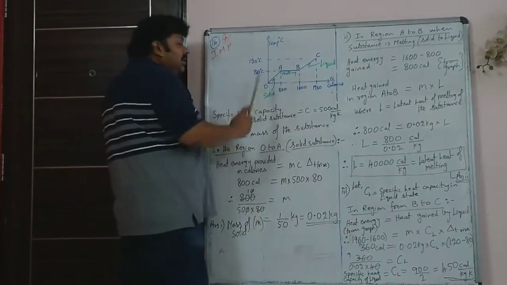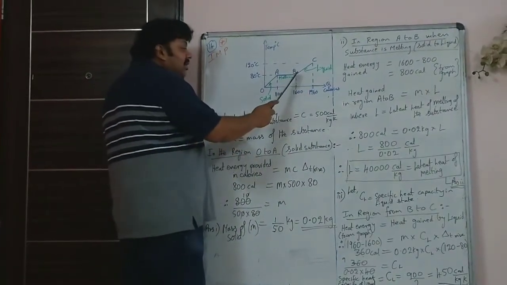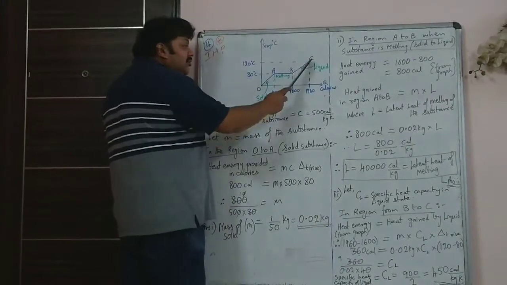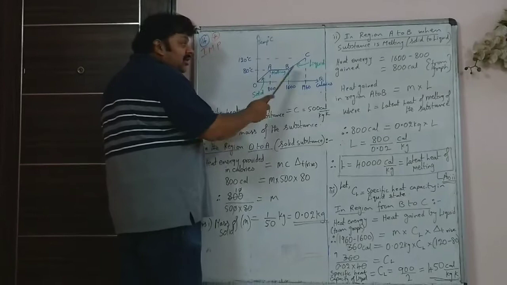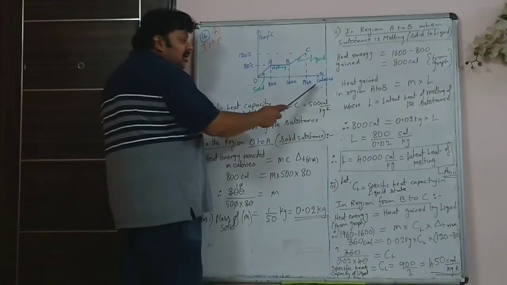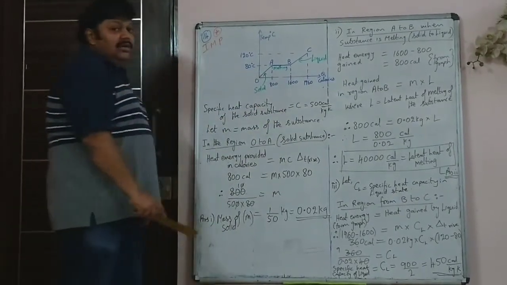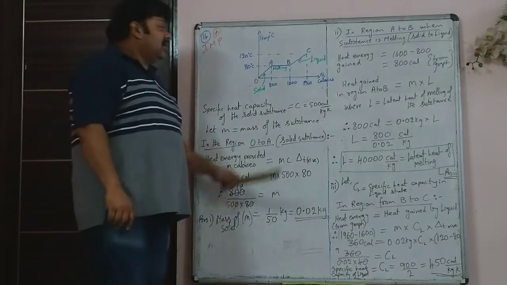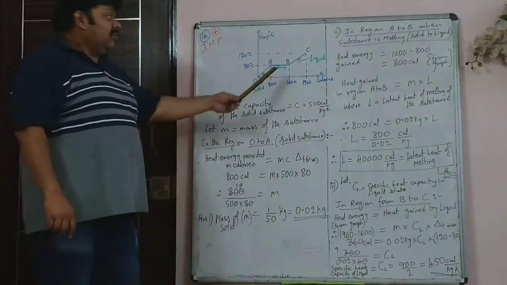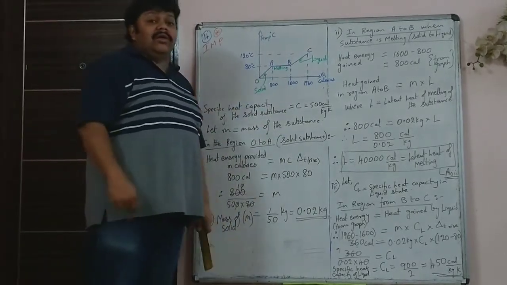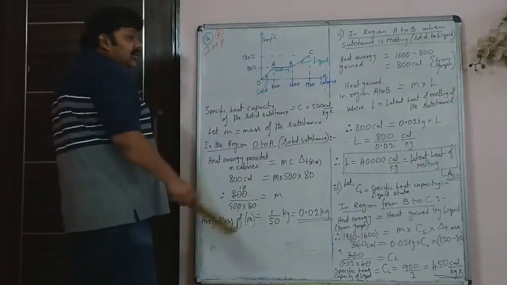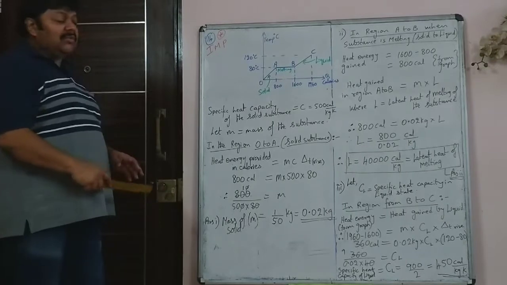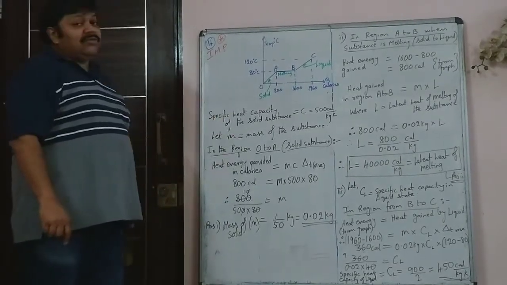After that, at B, you have that liquid at 80 degrees Celsius, and then when the liquid is gaining heat, the heat energy supplied in the region BC is 1960 minus 1600, that is 360 calorie. So B to C, 360 calorie of heat energy is supplied. So from here you can make out how much heat energy is supplied, and each part we have to take